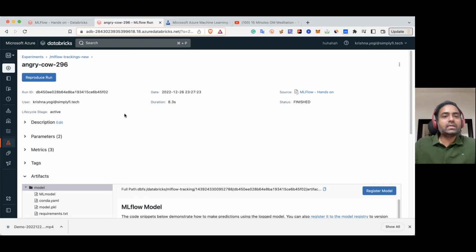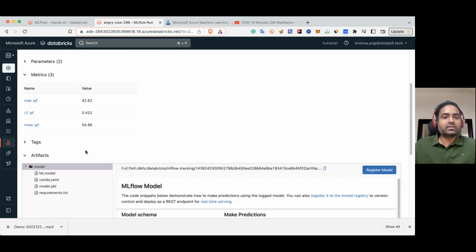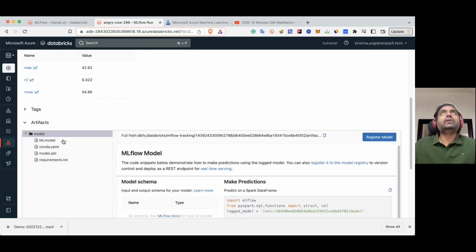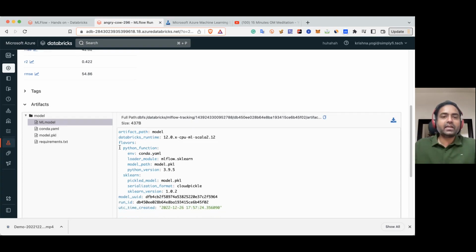So for every run, it's actually showing us the description, parameters, metrics, what the results are, tags and artifacts, right? Artifacts is basically the interesting things about this particular run, right? So what are the items that we can actually store that can be useful or that can help us in recreation of this particular run? So it so happens that you can see that there's a bunch of information here, almost like a meta tag,